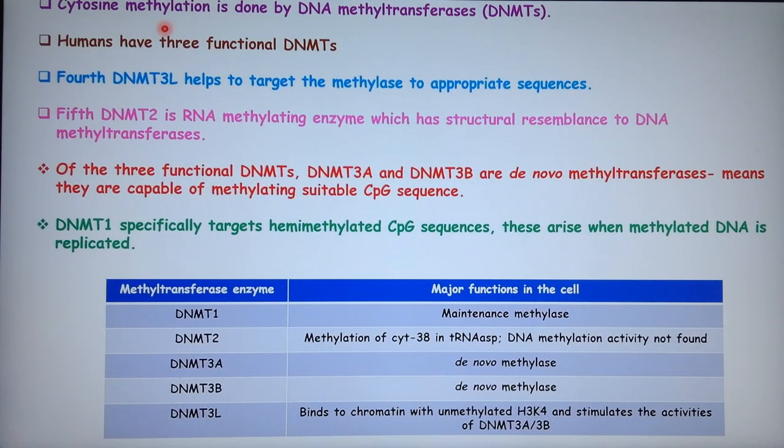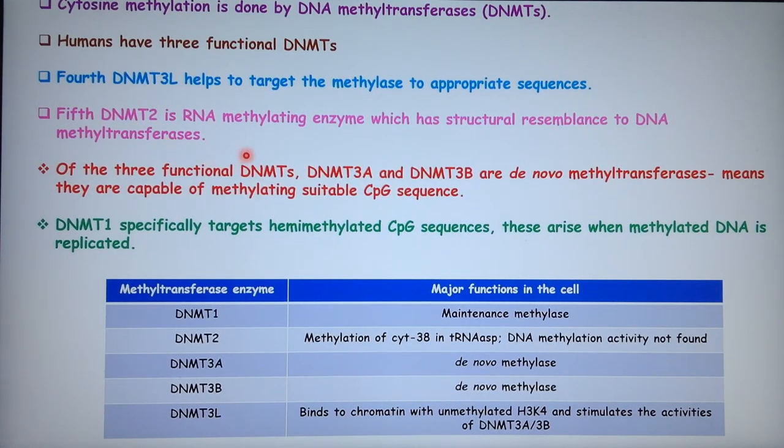Now cytosine methylation is done by DNA methyltransferases. In short, they are referred to as DNMTs. Humans have 3 functional DNMTs. These 3 functional DNMTs bring about methylation of DNA, and the others we'll see. The 4th, DNMT3L, helps to target the methylase to appropriate sequences, and the 5th, DNMT2, is an RNA methylating enzyme which has structural